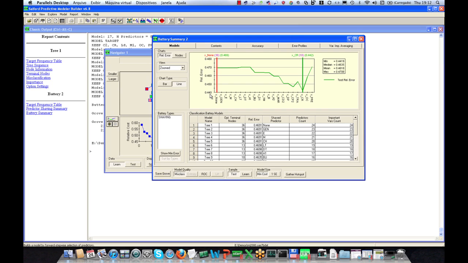And this graph over here shows the performance of all of the models that we developed. We're showing the relative error on the y-axis here. So the higher the curve location, the worse the performance of the model. On the x-axis, what we are listing in order are the variables as they were removed during the backward shaving